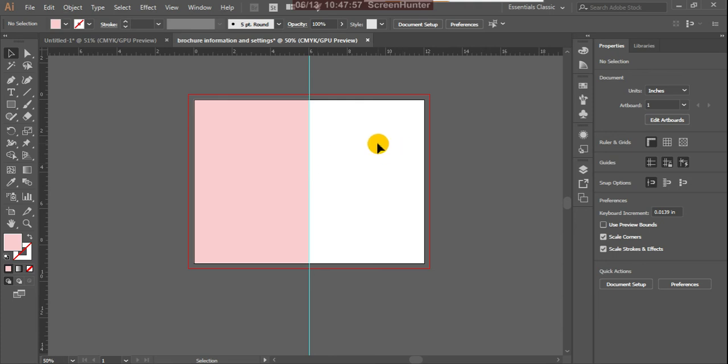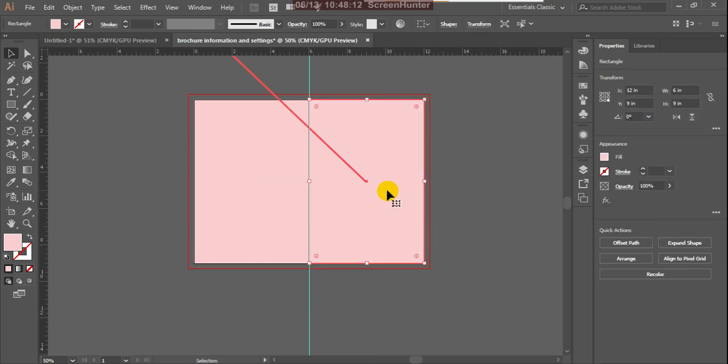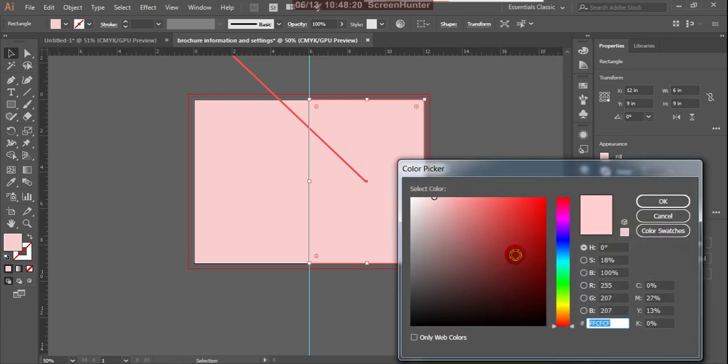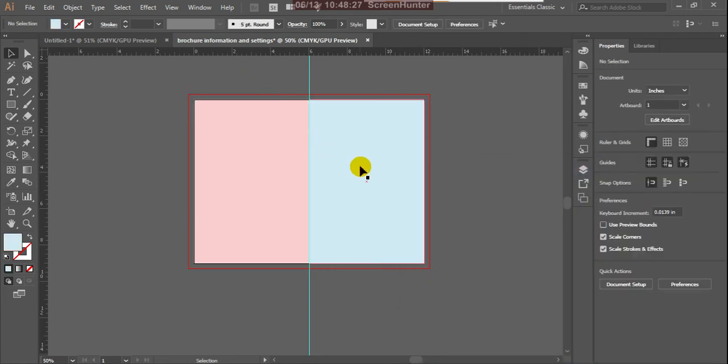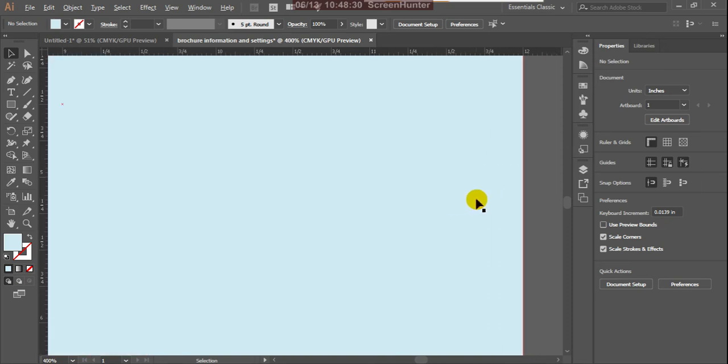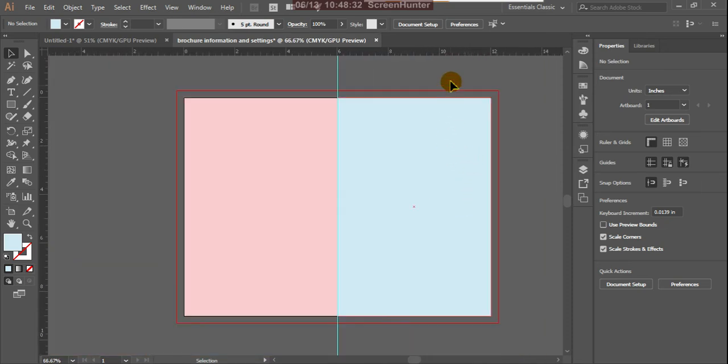The same one I'm copying for the other side. So what I'll do, press Alt and drag this, and we'll get the duplicate of that. Change the color, suppose a different color. Here I'm using light blue. So we got both sides, two pages.